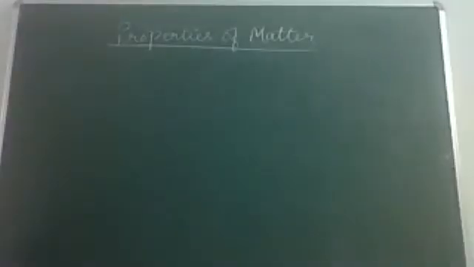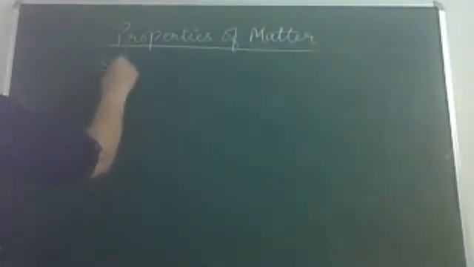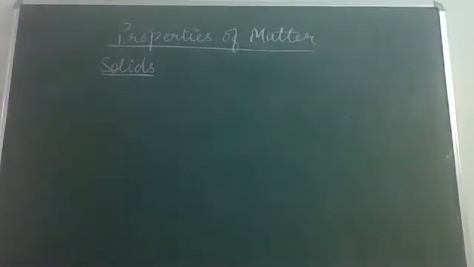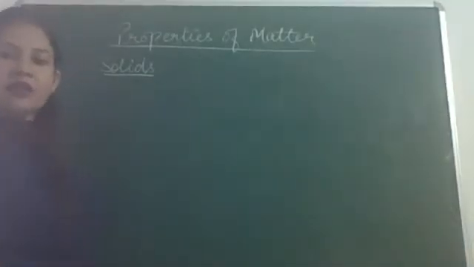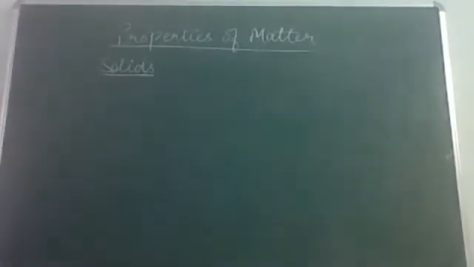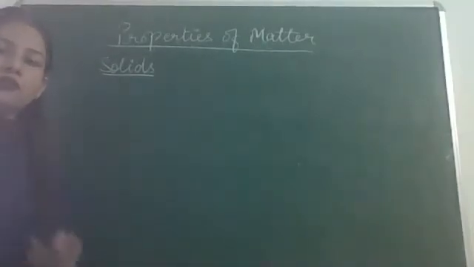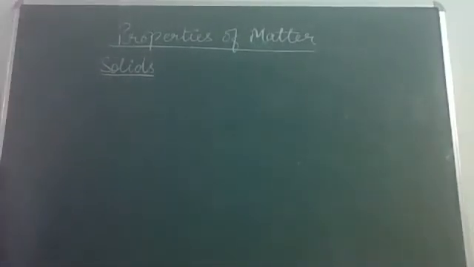of matter. All right, so we start with solids first of all. You know what are solids? Solid is a state of matter that is having definite volume and shape. You all are aware of this. So solids, for example, sugar crystals are there, and this wood is there, glass is there, all these are solids,